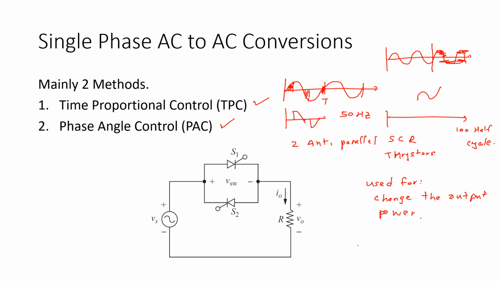If you have dimmers in your house, you know what dimmers are, right? When you have lights, you can adjust the light intensity. With dimmers in your house, there will be a phase angle control circuit, and it will cut your waveform in some way. So the other side will see not a sine wave, and the power output on the other side will change. That's what happens in phase angle control.